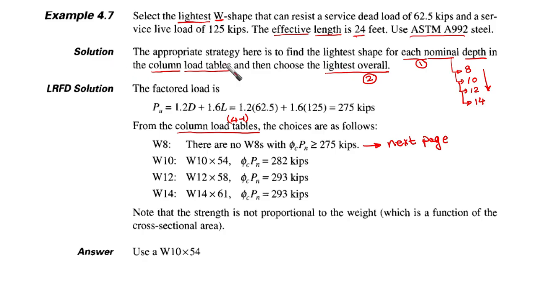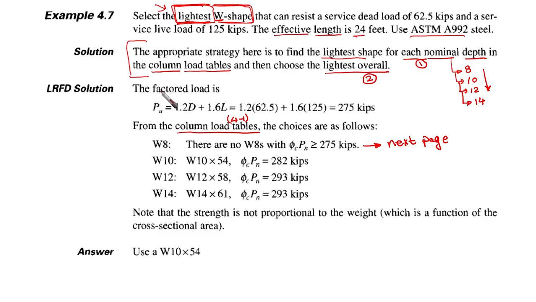The appropriate strategy here is to find the lightest shape for each nominal depth in the column load tables, and then choose the lightest overall. Actually, the strategy here is going to be built upon what is already given in the example. The example is talking about lightest, and is also talking about the wide flange. Lightest wide flange. So then we are going to the column load tables, and